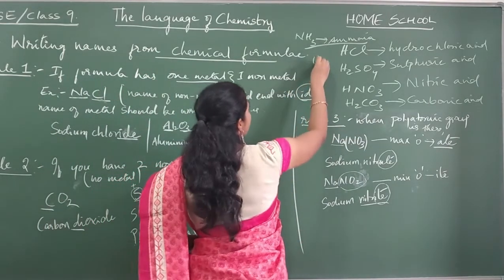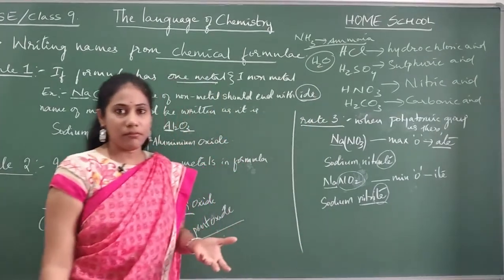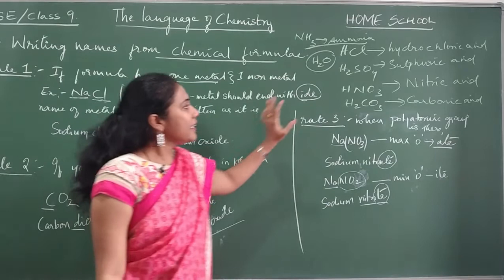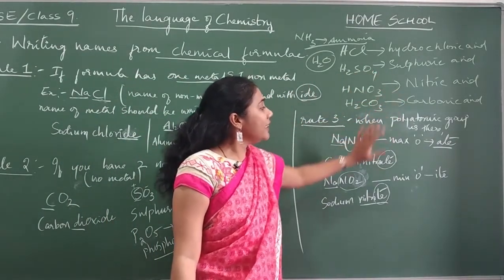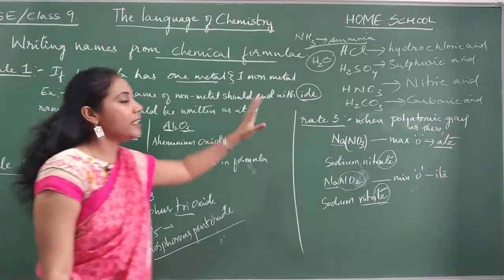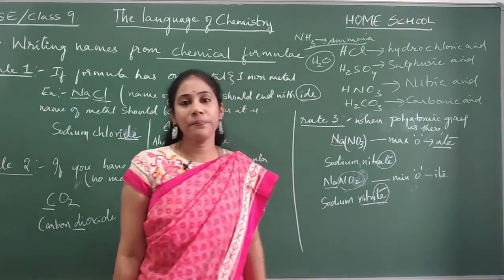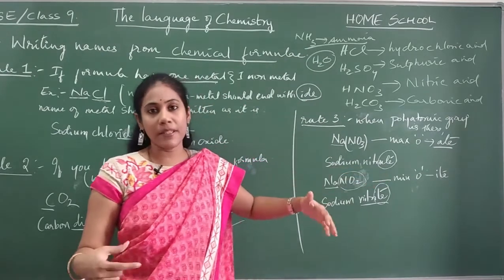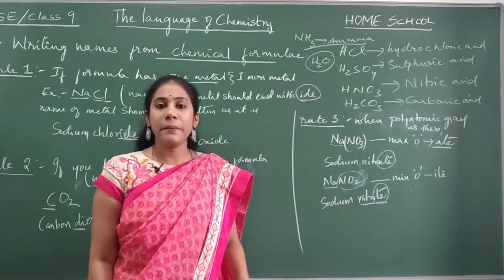Similarly, H2O is there. We all know its name. It is called water. Yes or no? H2O is commonly called water. So there are certain common names where these names are not written based on these rules, isn't it? That you can clearly observe, where you have to remember their names. At least these ones which you come across in your syllabus every time, you have to remember and memorize them.